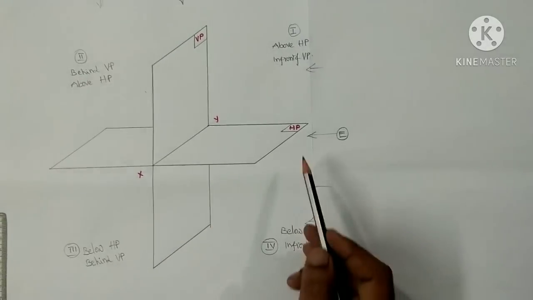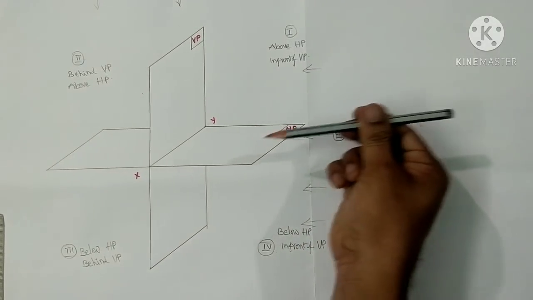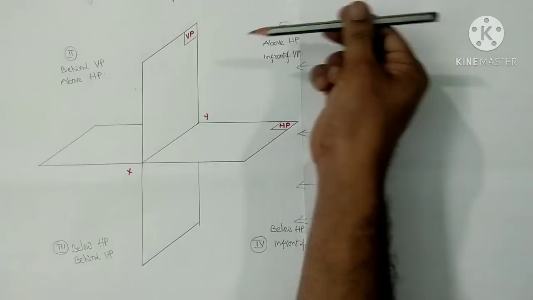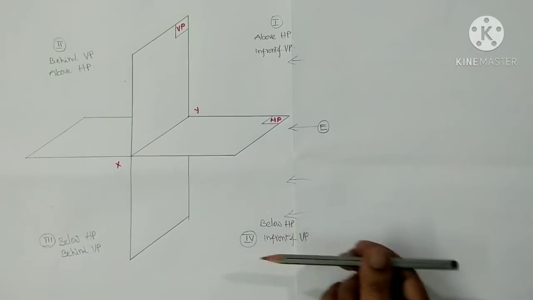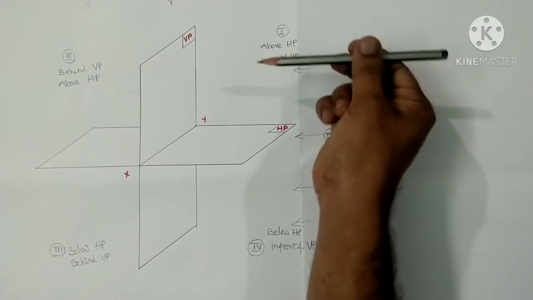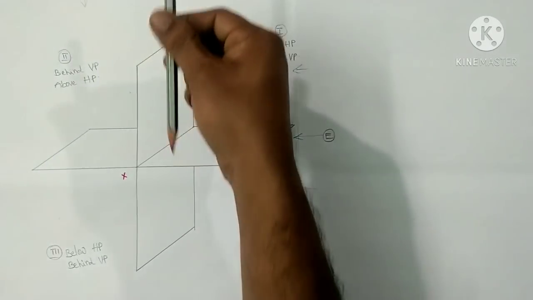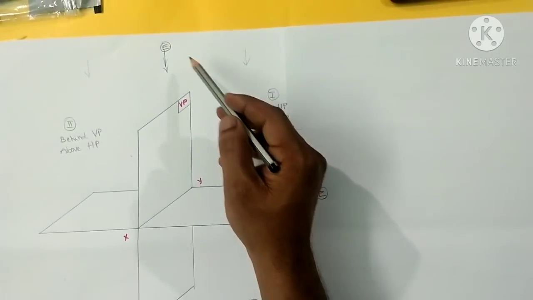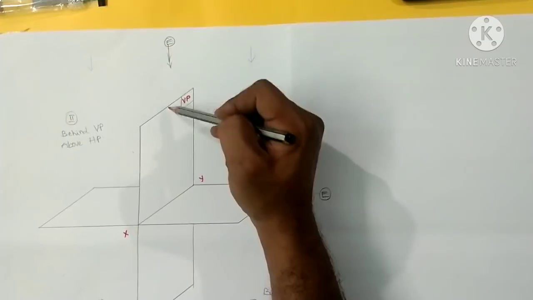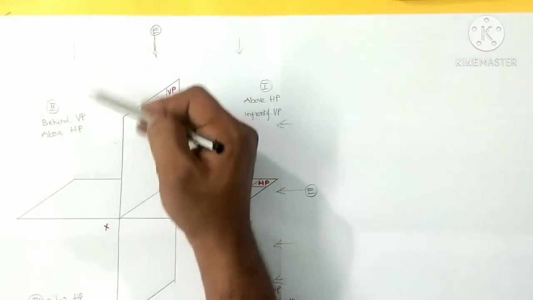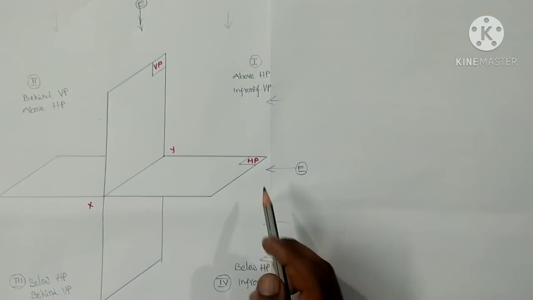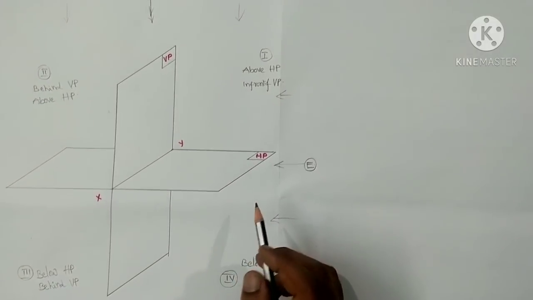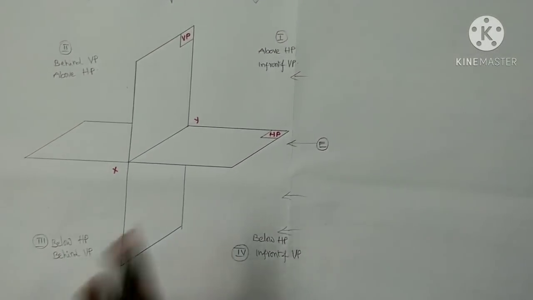As I said, always we have to see the object for the purpose of front view in this direction only. Whatever the position of the object, front view direction should be in this way. Similarly, for the top view, always we should see the object in this direction only. And here one more thing, this one is looking like a solid geometry.